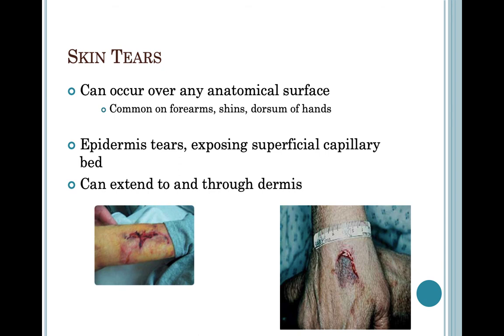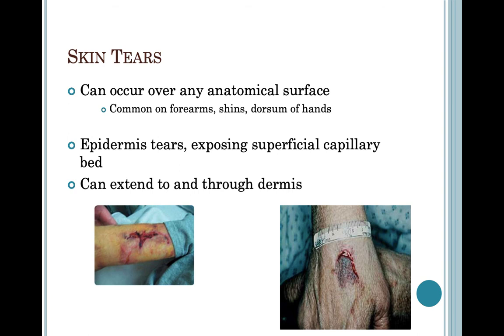So it can occur over any anatomical surface, but we have to be especially attentive to areas of the body that would be most easily bumped or bruised. What happens in a skin tear is that it's usually a partial thickness wound, and we talked about how the epidermis becomes thinner as we age and there's less adherence between the epidermis and dermis. And in fact, what actually occurs is that the epidermis is peeled back from the dermis, exposing that capillary network